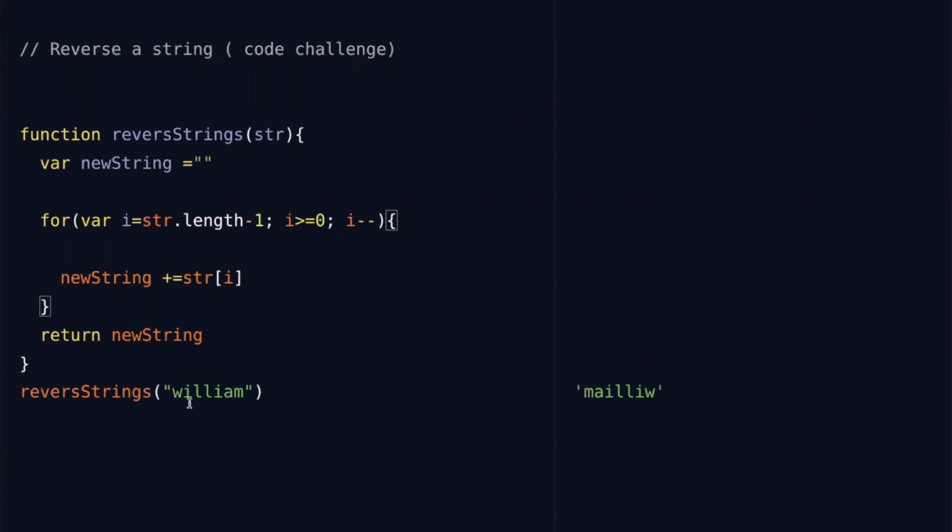Because our index starts from 0: 0, 1, 2, 3, 4, 5, 6. Once it's starting from 0, that means we need to reduce the length, which gives us 7, to 6, so that it will be 0, 1, 2, 3, 4, 5, 6. If we did not reduce it by 1, because we need 0 as an index,